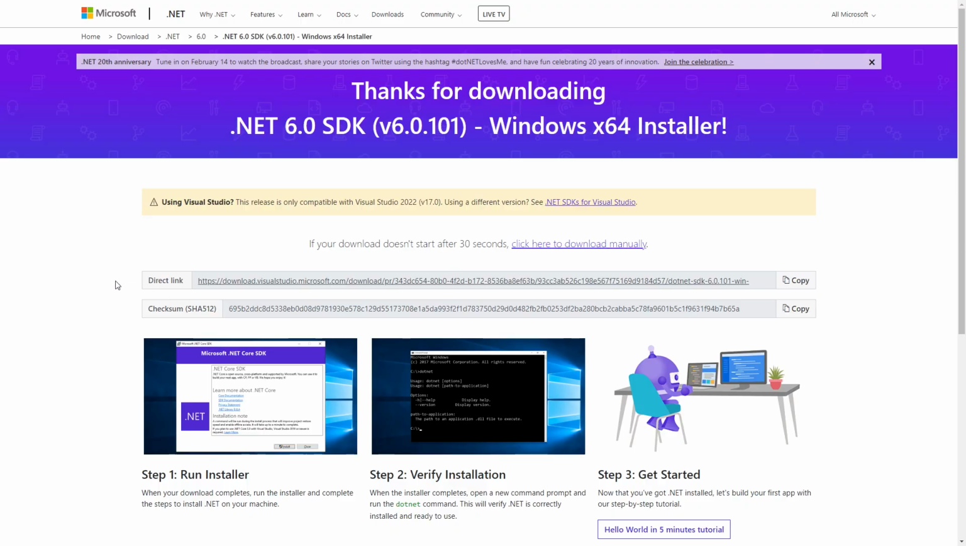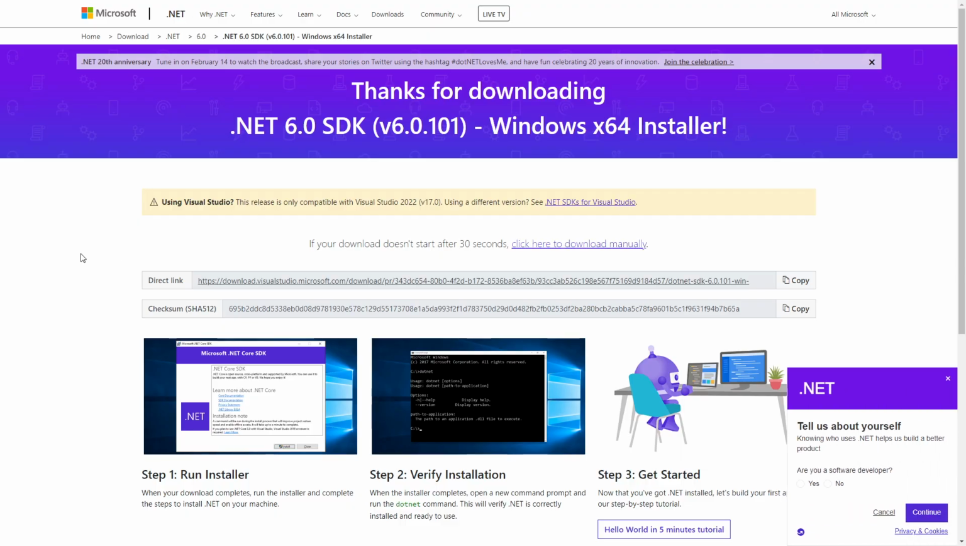Save it onto your computer and run the exe that you have just downloaded. Once you run it, all you have to do is hit next a bunch of times. It's just like any other exe file. Once you've done that,